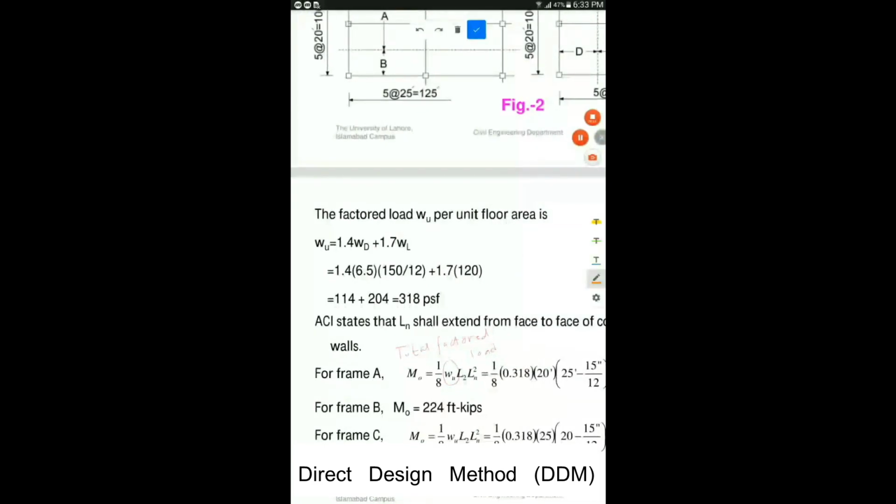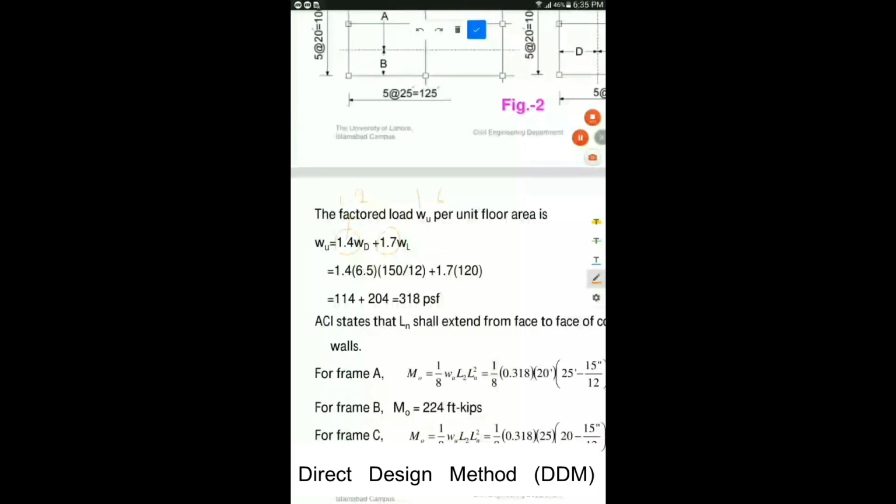Here in this numerical problem, the factored load Wu is equal to 1.2 dead loads plus 1.6 live loads. Here the coefficients are 1.2 for the dead loads, and for live loads it is 1.6. The example is taken from the old version of the codes. Previously these coefficients were 1.4 for dead loads and 1.7 for live loads, but in the new revisions of the code these have been revised and we have to replace 1.4 with 1.2,